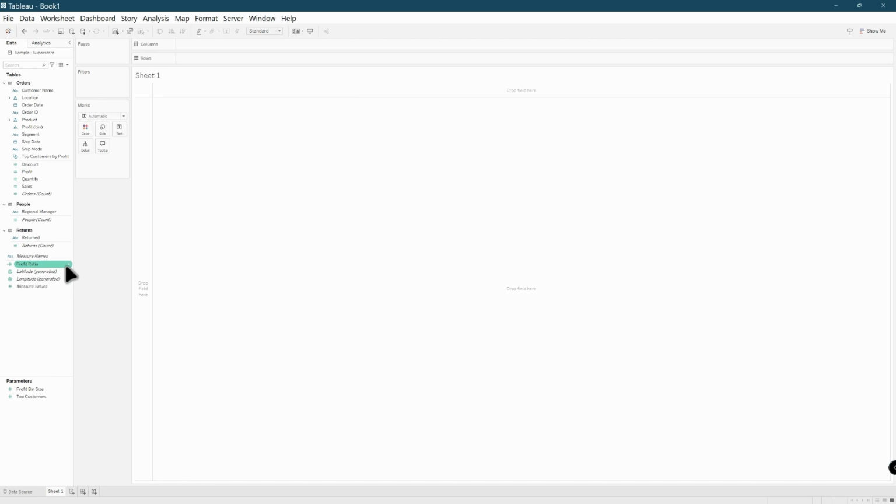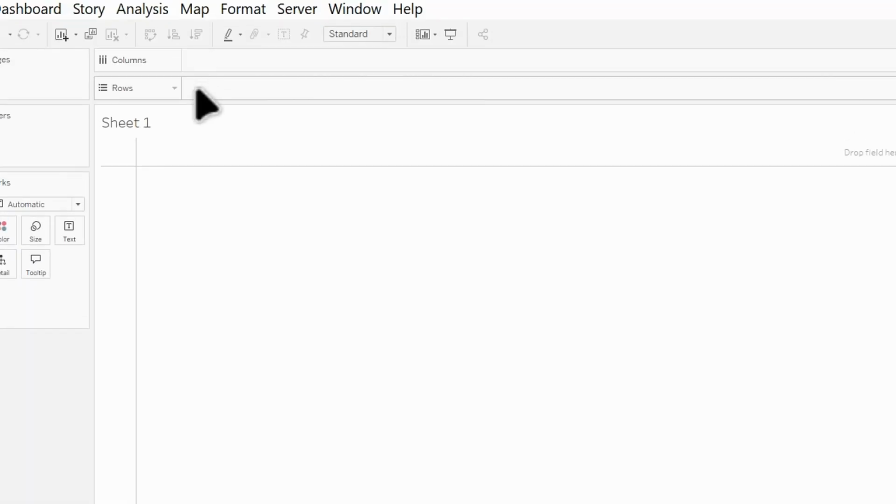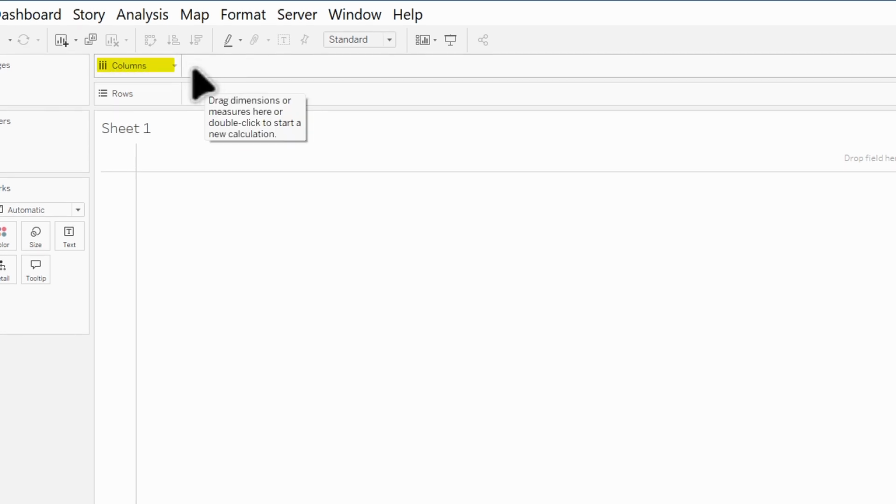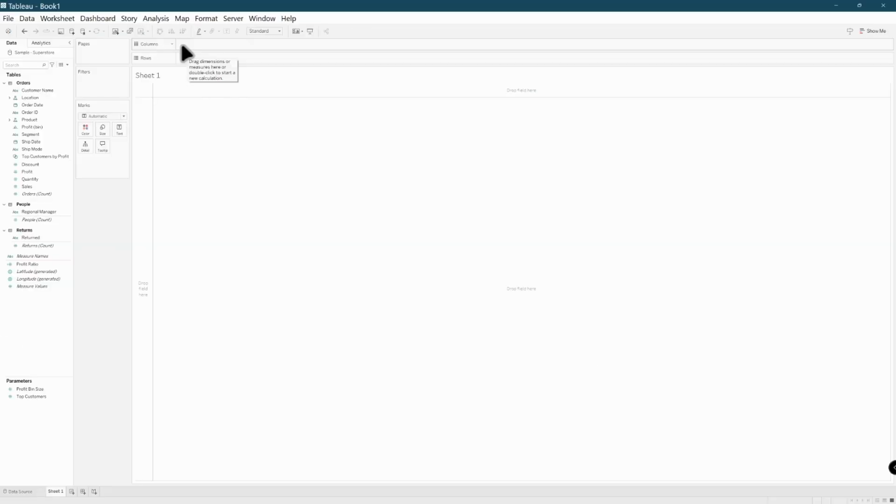When you create bar charts, you're typically using bar charts to compare data across categories. You create a bar chart in Tableau by placing a dimension in the rows shelf and a measure in the columns shelf, or you can do it vice versa. That is the difference between creating a vertical bar chart and a horizontal bar chart. Let's say we want to see the sales by order date.